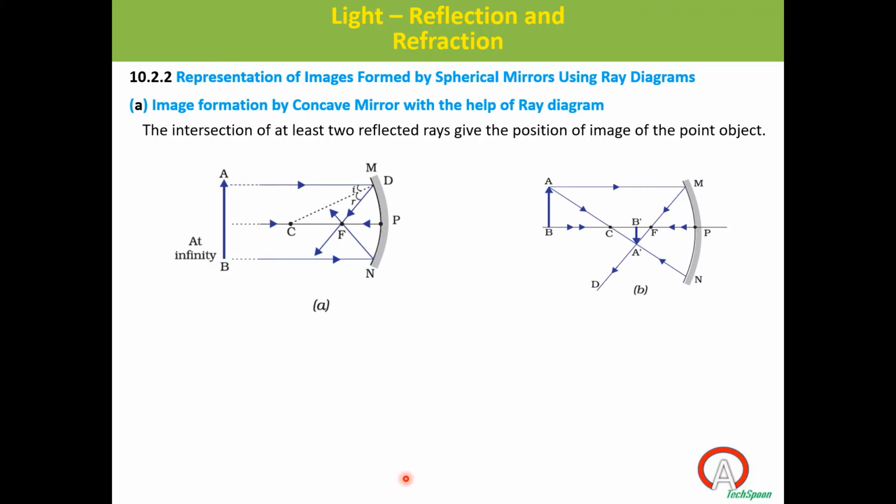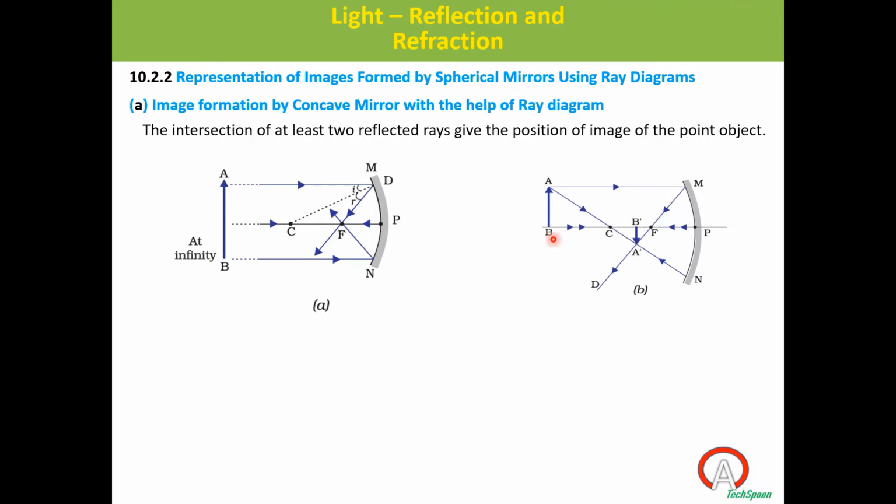Second ray, I am taking, because we need to get an intersection, right? We need to get an intersection for the reflected rays. So the second ray you have to take separately, because the first case is something different. The second, third, fourth, fifth, up to 6th, you have to take separately.